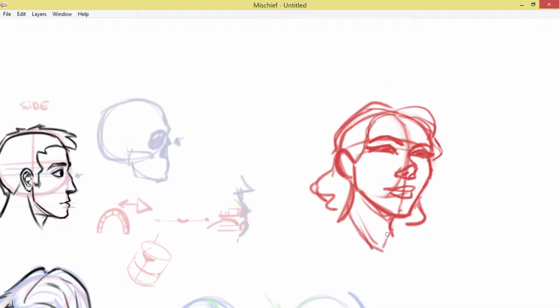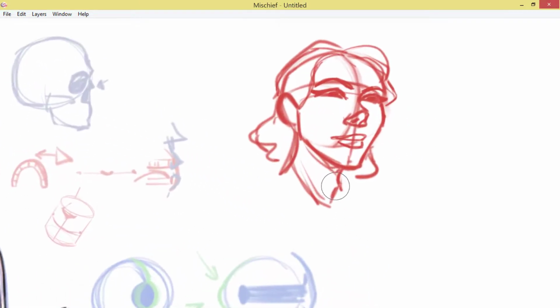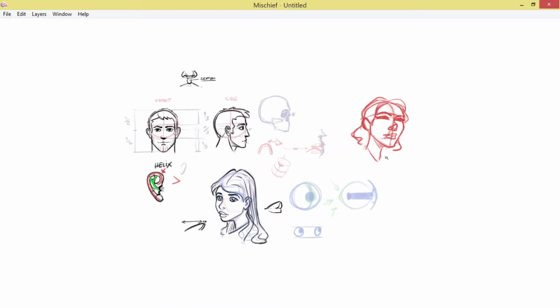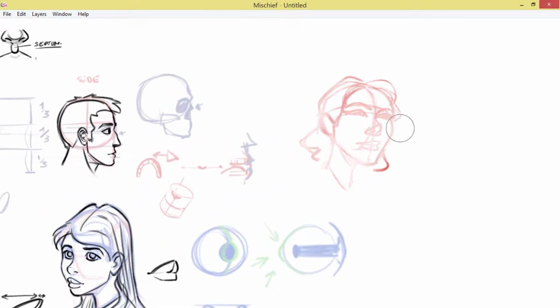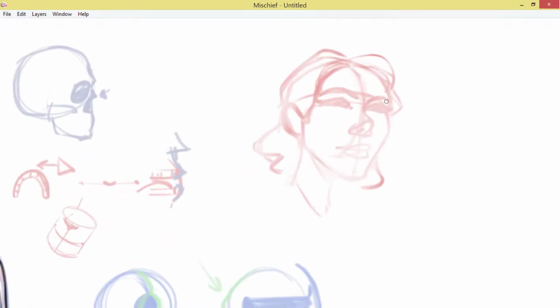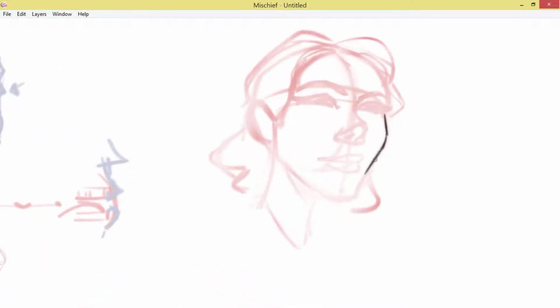And I can still add the neck in the middle. So maybe if I want to add more femininity to her, I can create a thinner and longer neck like this. And as you can see, I'm still able on the up angle to draw the head using this framework. So I can add a layer on top, and using my black pen,